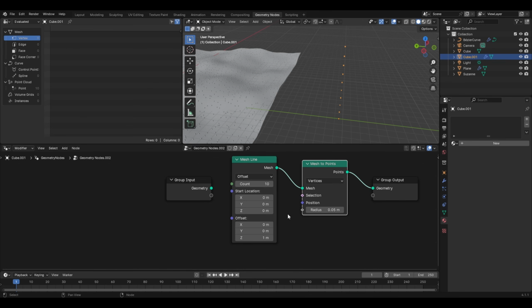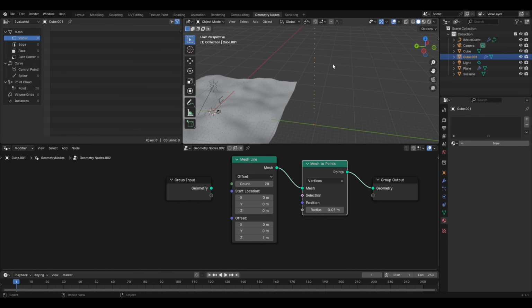And the next option that you have here is the count, and it basically determines the number of these points or the vertices in the mesh line. So if I increase it, the number of these points will increase, and also the length of the mesh line will increase. Now you also have this option of selecting the mode, which is set to offset by default, but if I change it to endpoints,